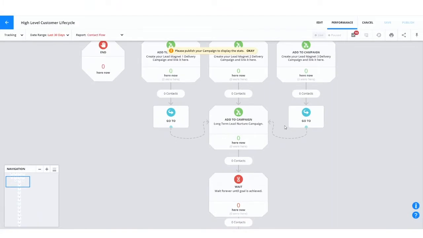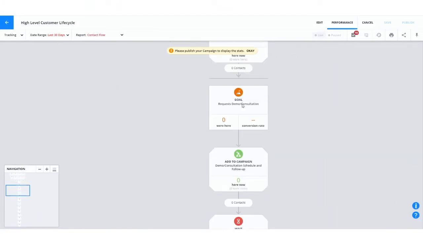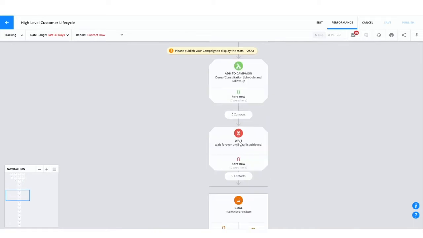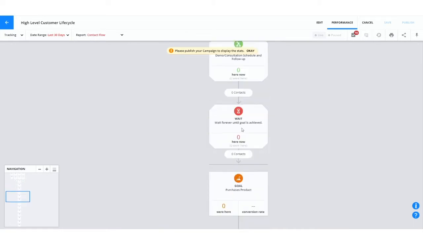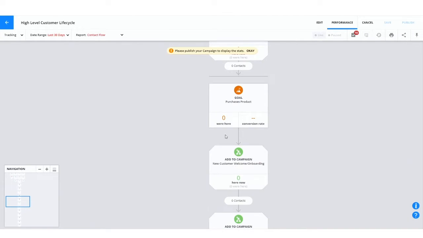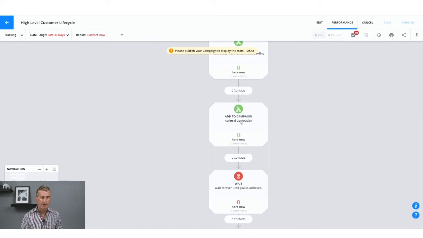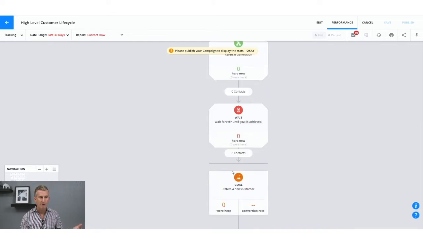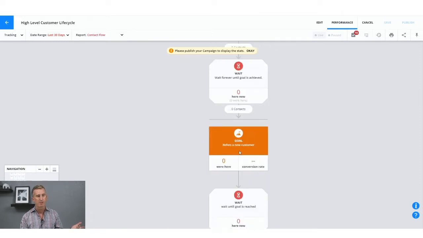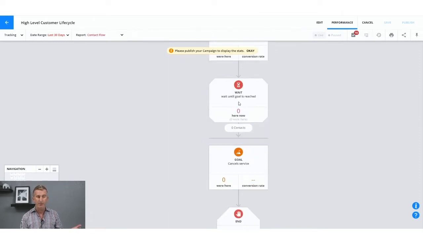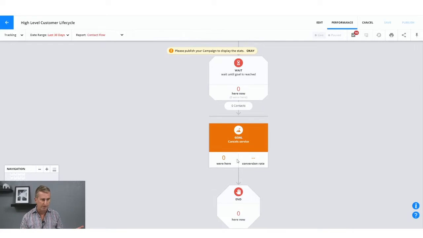So notice what I've done here. I've created a complete sort of business life cycle, a funnel, if you will, out of goals. And in between the goals are basically just waits and some follow-up, right? Here's somebody purchases a product, and here's the new customer onboarding. And then after they are onboarded, we ask for referrals and maybe some testimonials. And then we go like, did they refer a new customer? Maybe they do. And then we wait, and then eventually some of them will cancel. We want to know how many of them cancel. So